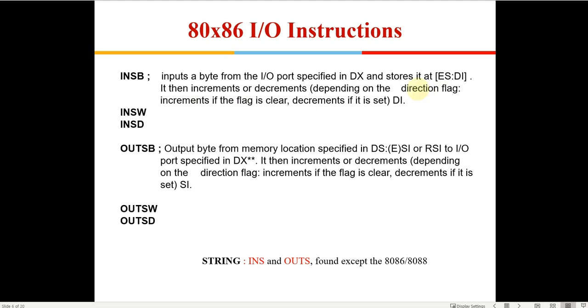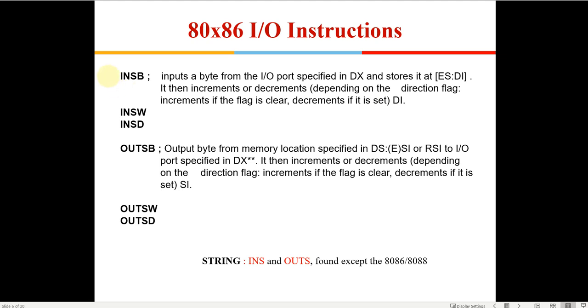Okay, so we know how to set the direction flag and clear the direction flag, right? STD and CLD commands. If it is 0, DI will increase. If it is 1, DI will decrease. So the direction will be set here, and you can use this INSB. Along with this, the port address in DX doesn't get changed, because from a single port you can get multiple data. So DI will increase after fetching the data.